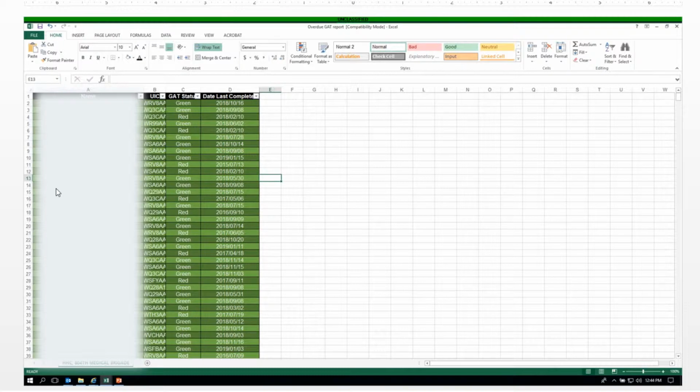So what you can do with Excel, since the filter is already built in right here to be able to filter out red or green, and since I only want to know the soldiers that are red, then you can use the filter function to delete all the soldiers